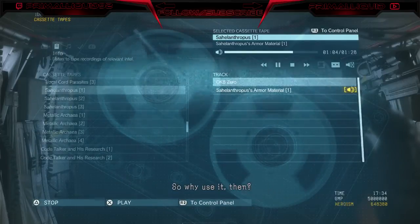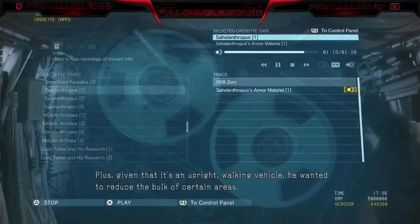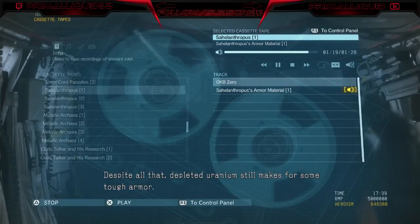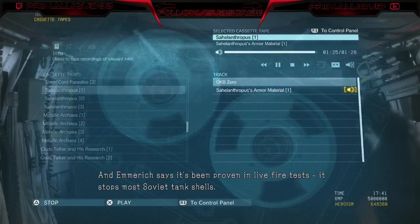So why use it then? According to Emmerich, it came down to him being unable to source ceramics technology from a manufacturer. Plus, given that it's an upright walking vehicle, he wanted to reduce the bulk of certain areas. Despite all that, depleted uranium still makes for some tough armor, and Emmerich says it's been proven in live fire tests. It stops most Soviet tank shells,